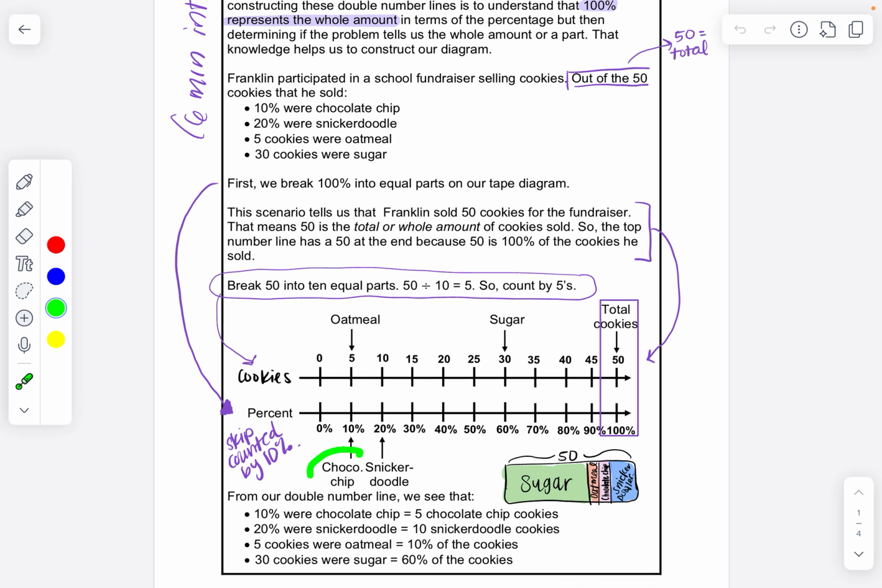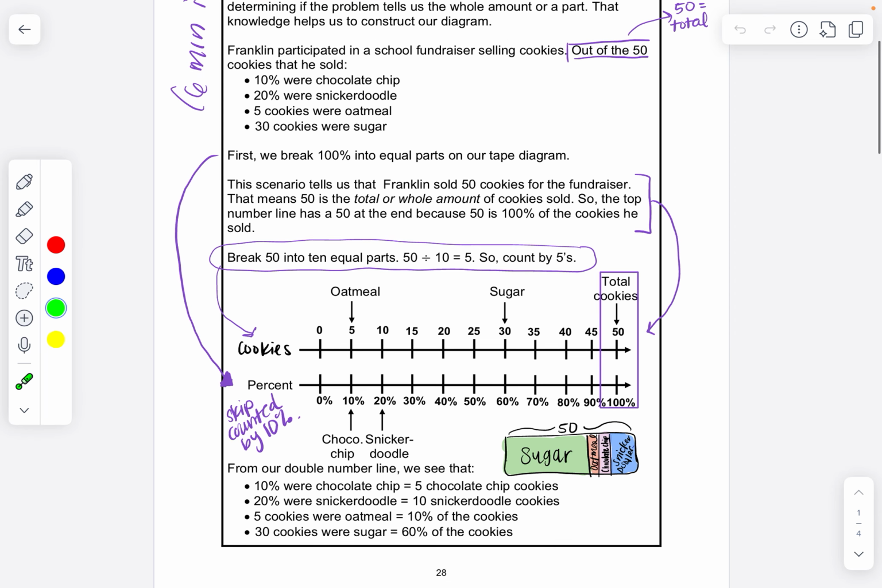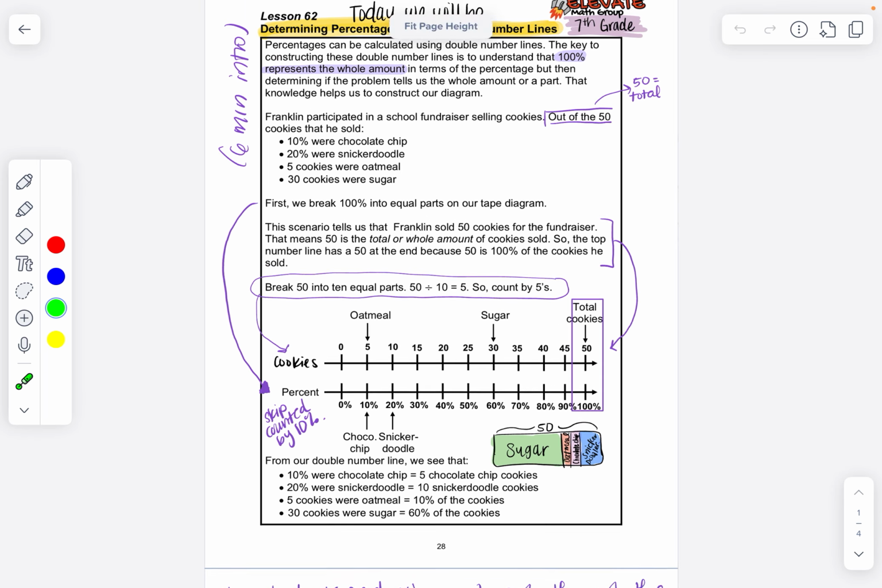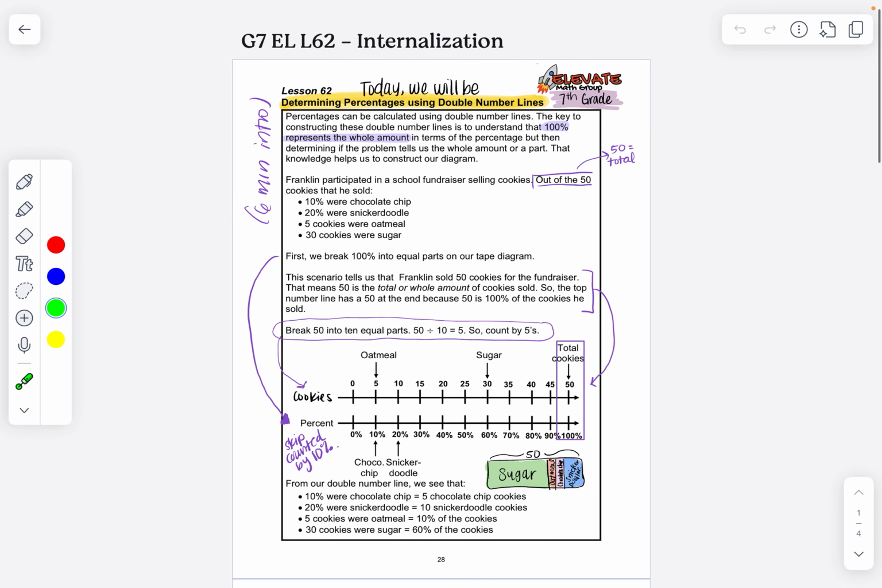So chocolate chip, we have 5 cookies. And then 20% is the same as 10 cookies. So our snickerdoodles, we had 10 snickerdoodle cookies. Now, 5 cookies is also oatmeal. And 30 cookies were our sugar cookies. So that was actually 60% of our cookies were sugar cookies. That was a lot,